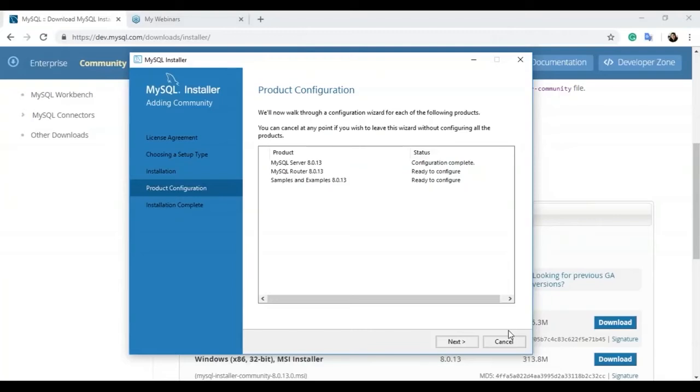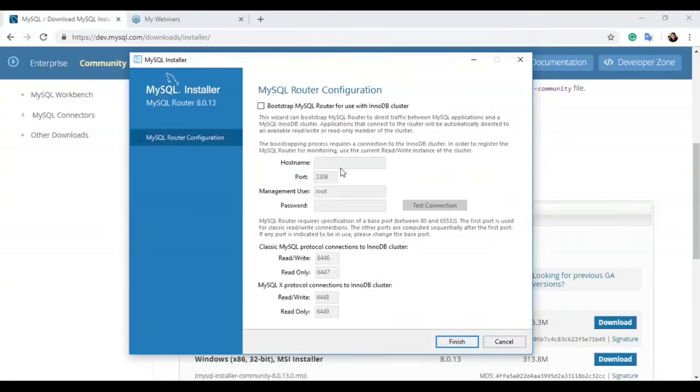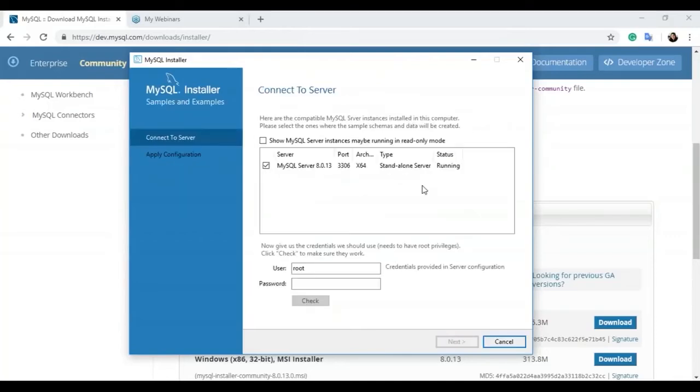and you can see here all the other things are ready to configure. Now this is the post configuration window where you have the option to configure, and you do not have to click any router options for MySQL Bootstrap or InnoDB cluster, and the management will be root and 3306. And at last you have the standalone server, which will be on your local host.